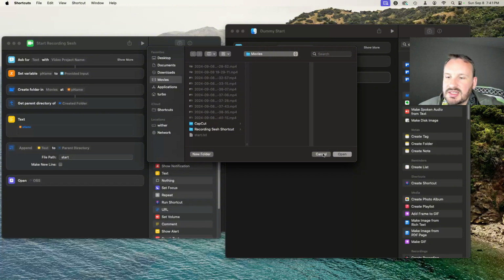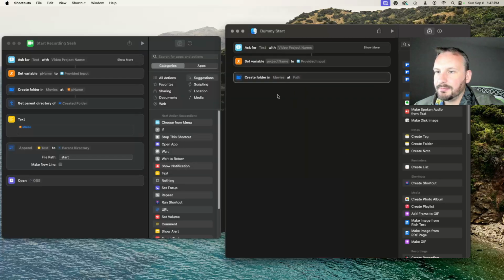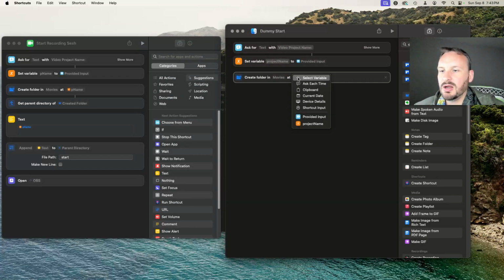Finder like I just did by clicking the word shortcuts. That's just the default. Click that word shortcuts. And then what we're going to do is navigate to the directory where you store your files. Mine is movies, like I said, so I'm just going to open that. At path, and then the path, we're just going to right click on that and select the variable that we